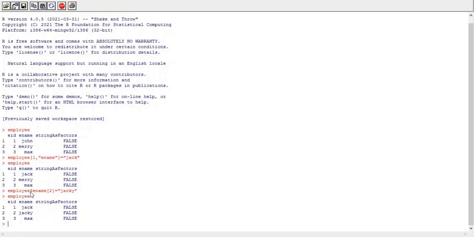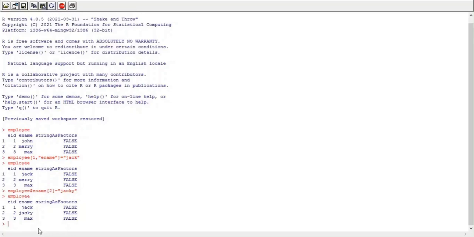When we use the dollar sign, after it we need to write the name of the component for which we want to update the value, and after that in square bracket we need to specify the index position that we want to update. So this is how we can perform an update operation on any data frame component.